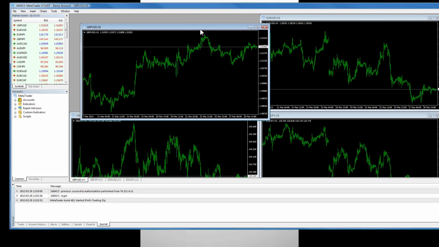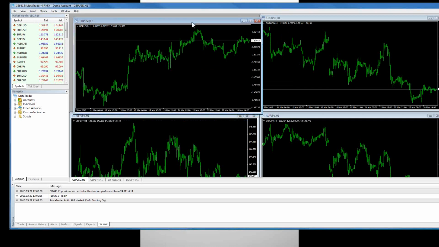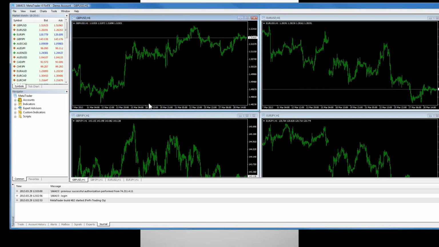I'm going to show you something a little different today as well, referring to Pip Stat. There are certain tools that I really like to use, and I'm going to open that up and show you guys. If you haven't heard of it, I can give you a brief introduction to it. There are different ways to execute an order, and that's getting into an order, actually placing that order.